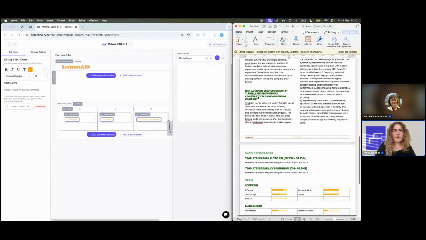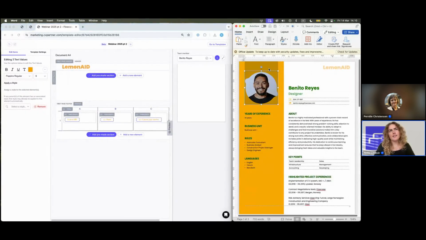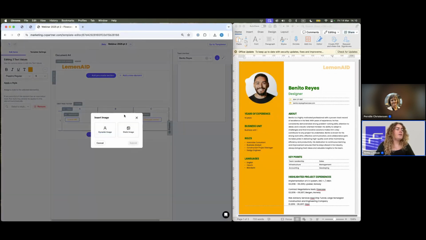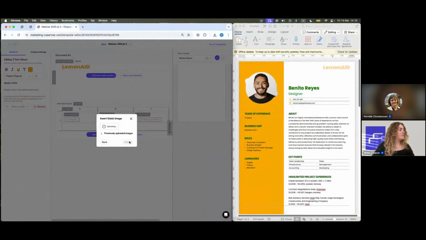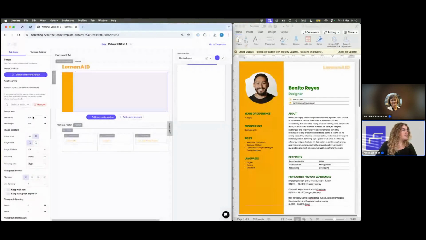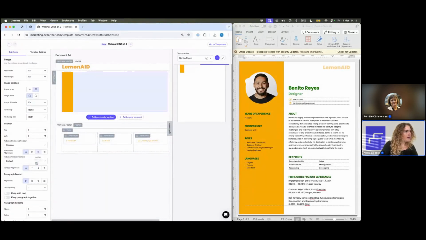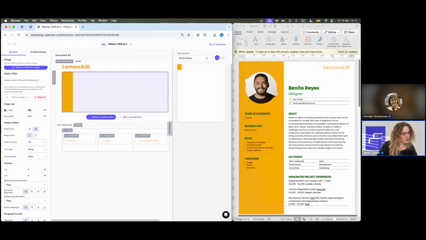Okay, we'll probably see it once we get some more content and we enter our second page. Okay, so now we want to get this little orange border. Gonna press here, add an image, static image. And I am going to have this fit, none, and page. So this is its default, the image relates to the margins, but now I want it just at the very end. And we're going to change the size of it to